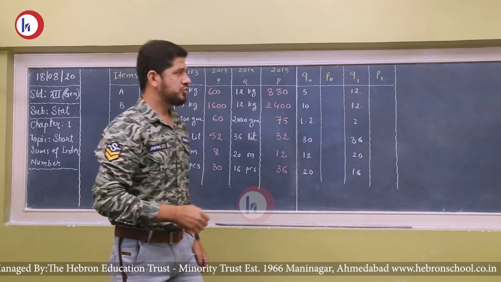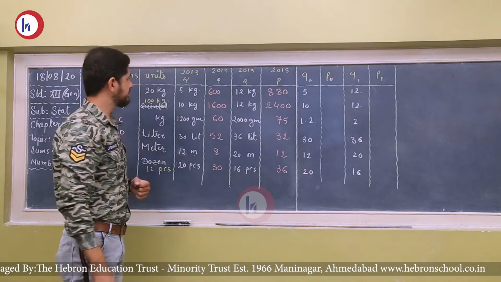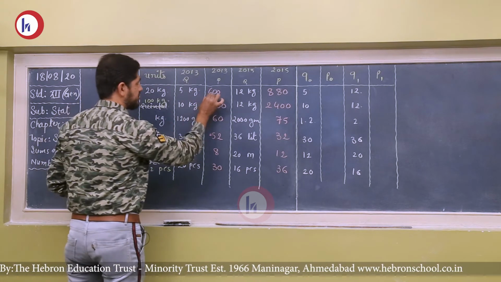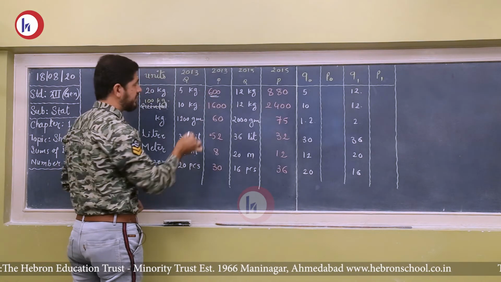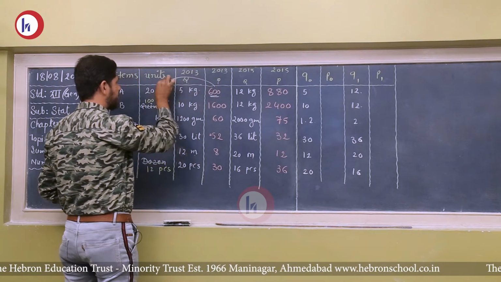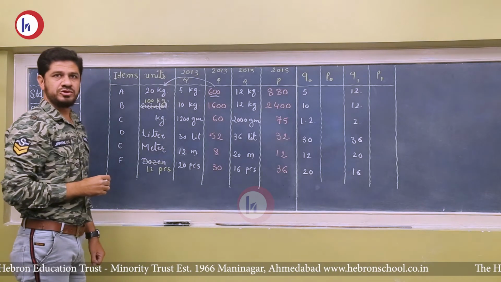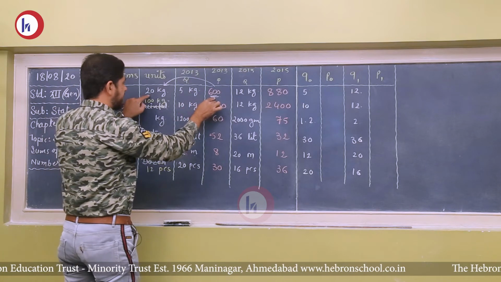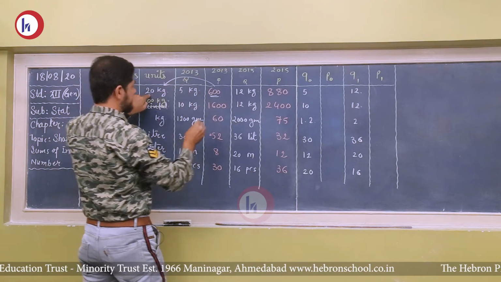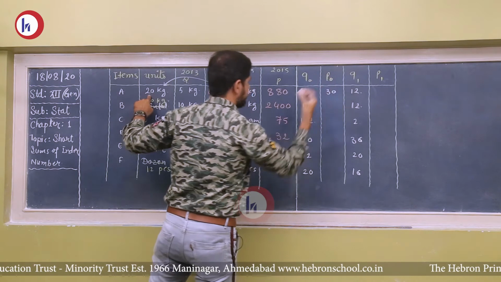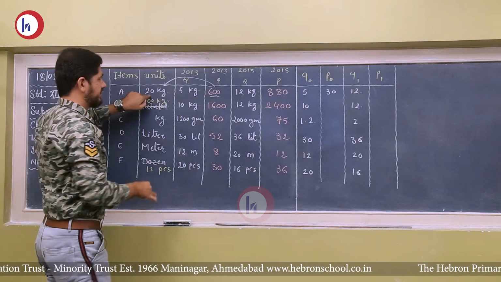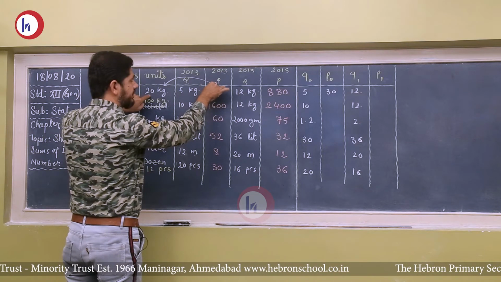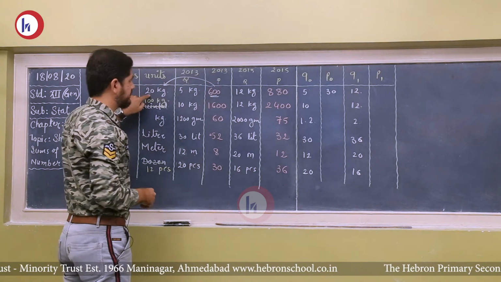Now it's turn to change the value of price. Okay, so 1600 is not a price of 1 unit, but it is the price of 20 kg. So what should be the price of 1 kg? So 600 divided by 20, that is 30. It will be the value of P0. 2013 is a base year, so price of the base year is P0.